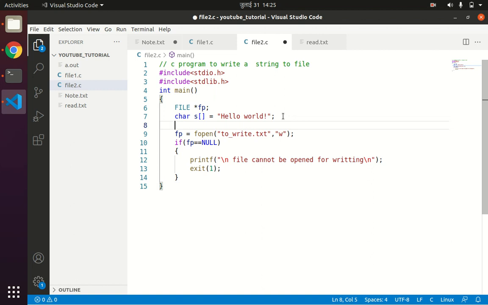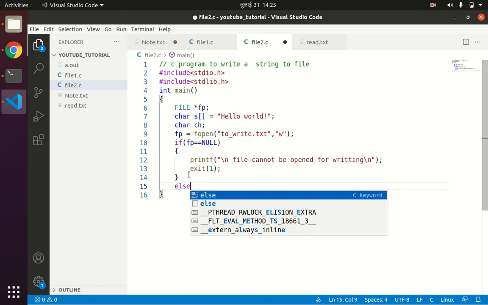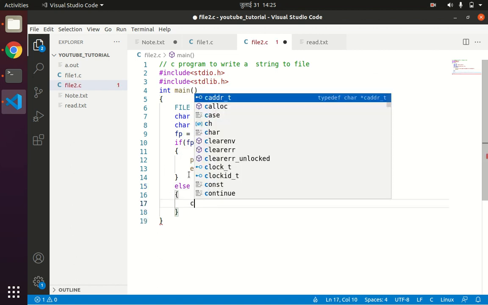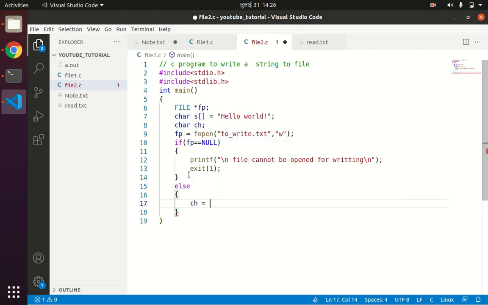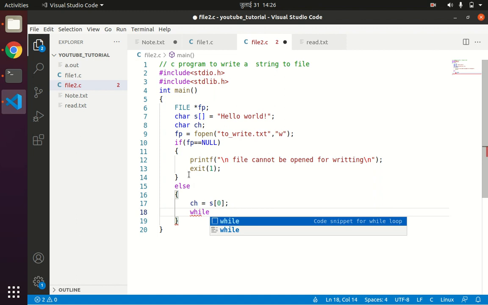For that we need one character variable, char ch, and write ch equals to s of 0.